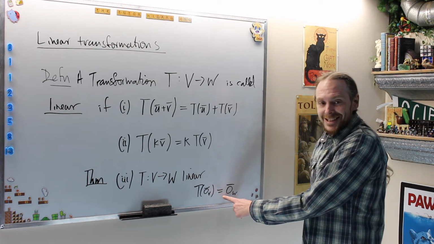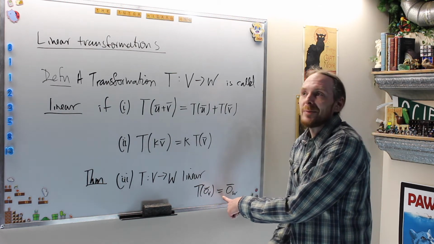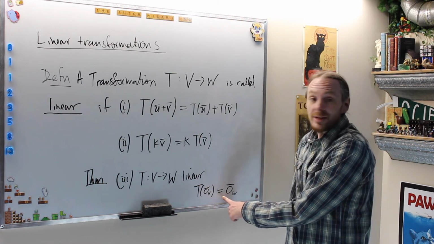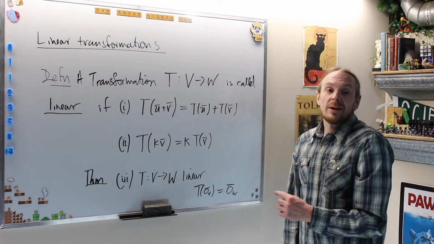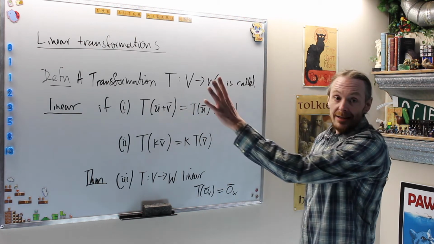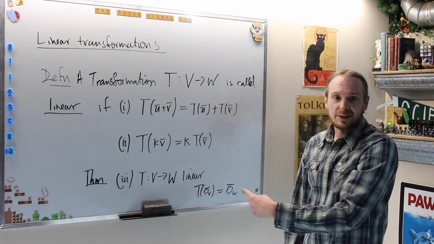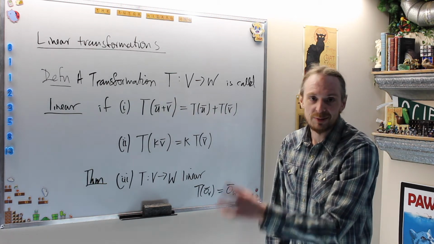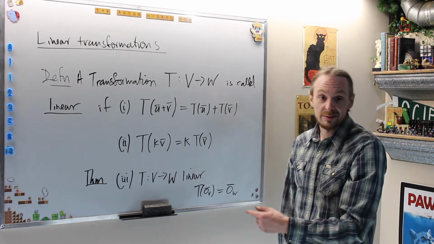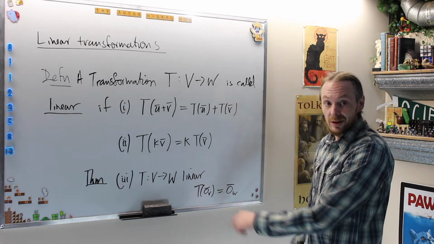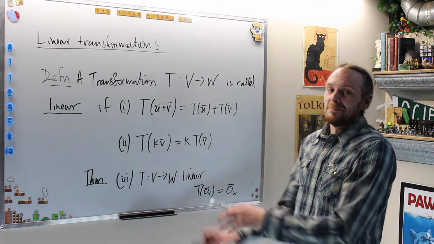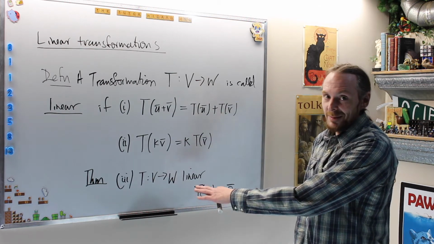So this condition is the easiest way to show that a transformation is not linear. If 0 doesn't go to 0, it's not a linear transformation. You don't have to check any other axiom. This is the easiest one to check right out the gate. But some nonlinear transformations do still send 0 to 0, so you can't just say, oh, it went to 0, so linear. But if it's not 0, let's rephrase